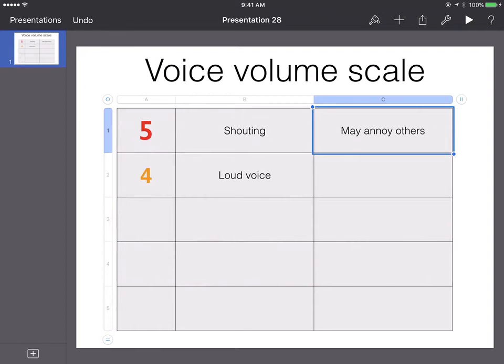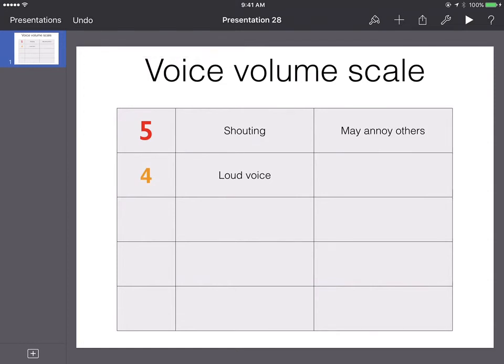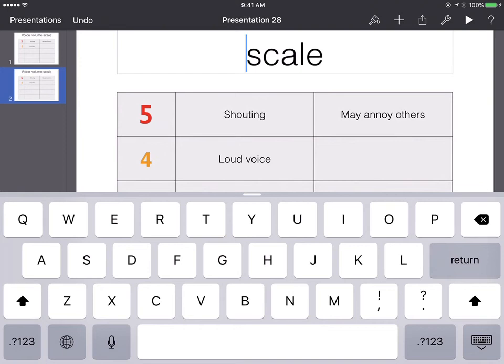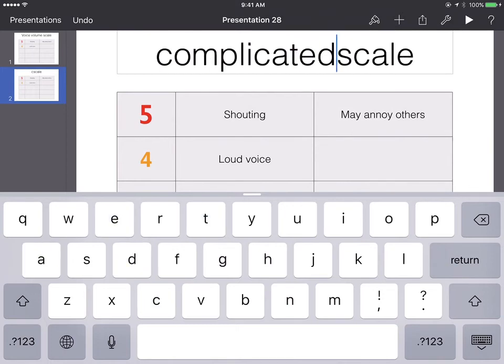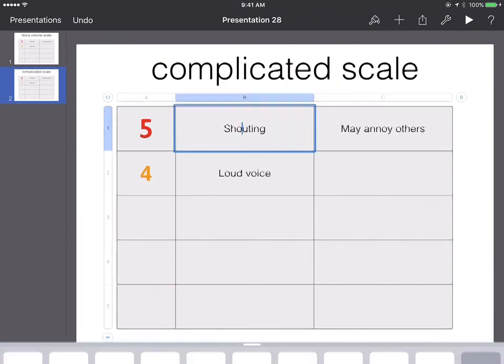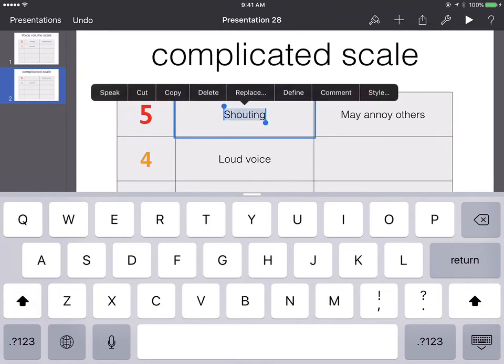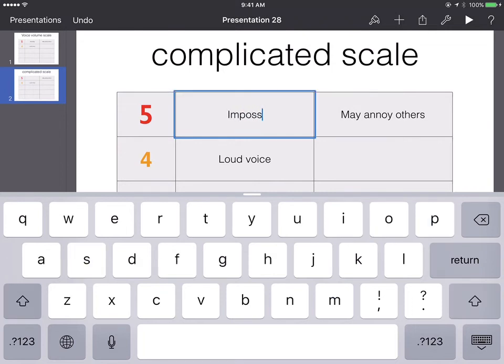I often develop these with students so that they feel ownership of the language. What's terrific about it is we can just copy and paste and work with students in developing different kinds of scales. Like I like to use scales like the complicated scale. I won't worry about the capital right now. In making decisions together, if we're going to do a recipe, we want to avoid things that are impossibly complicated,